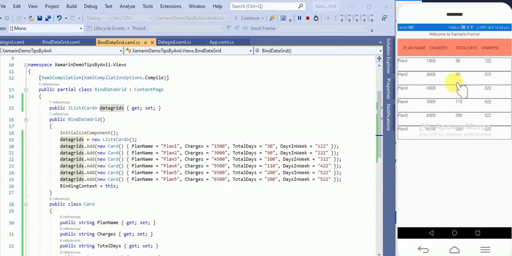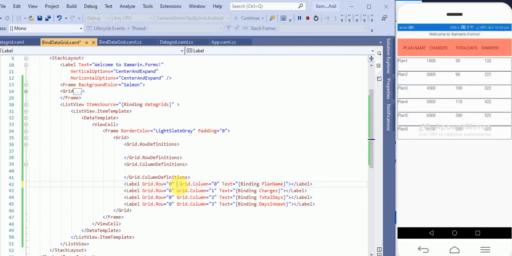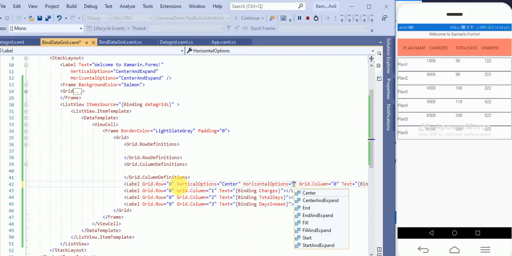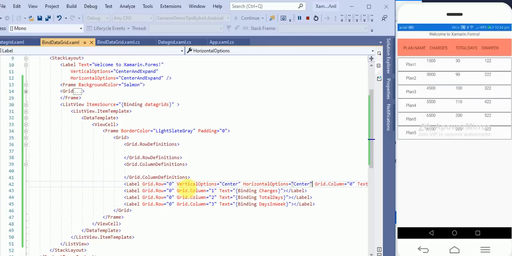So here you can see the record as expected, but we want this data in center. Okay, so for that what we have to do, and also I want this cell in a box. So for that, what I will do, I will do VerticalOptions equals to Center, or either we don't need to define vertical because it will take automatically.